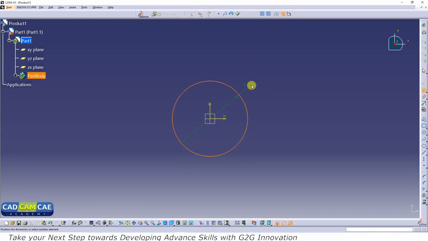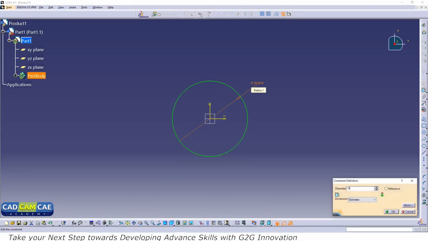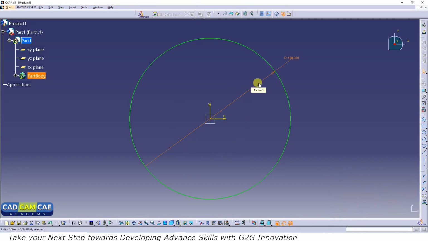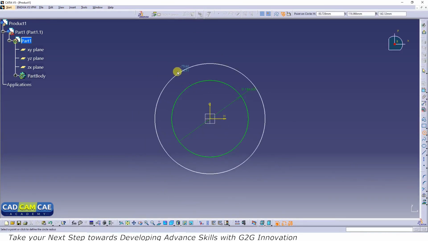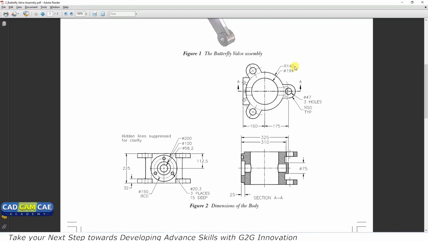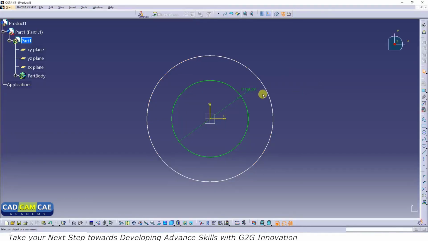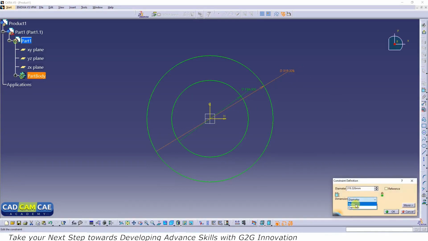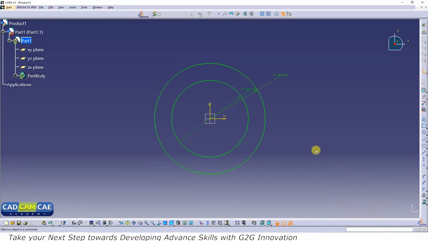So let's give the measurement of 194 mm. Then we have another circle. So let's create it and give the dimension. The dimension is radius 140 mm. So let's click on Constraint and edit the dimension. Make it radius, and we have a 140 mm radius. Okay,